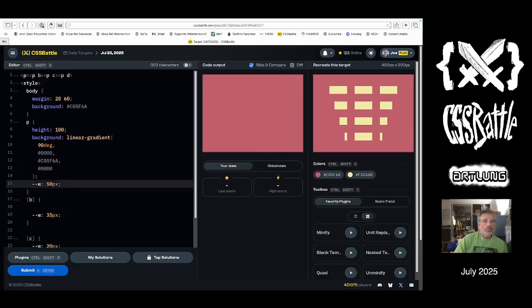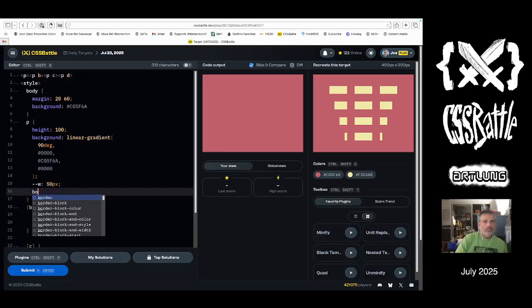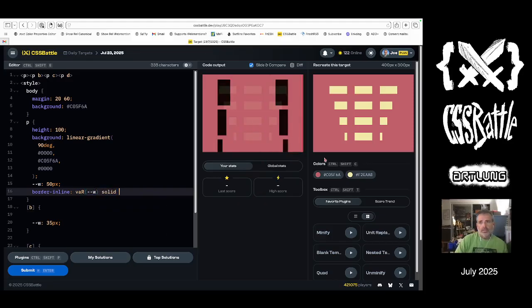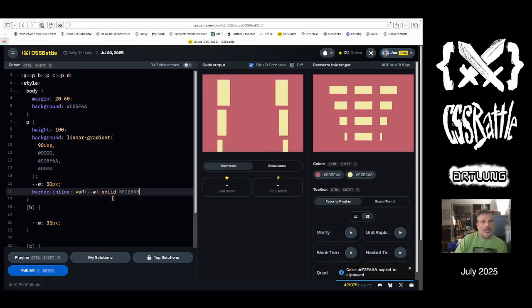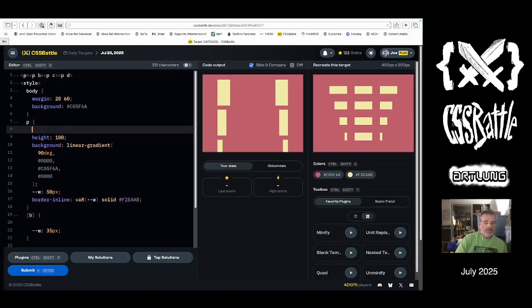And then it's a border inline, bar dash dash W, solid, like that. And then I'm going to do an auto margin, 0 auto,